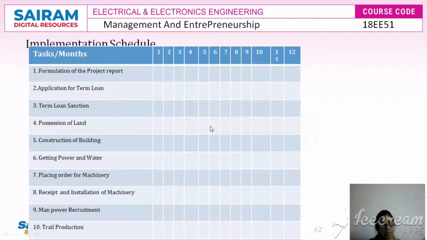The first stage in the implementation of the project is going to be the project and engineering design, and the second stage is going to be negotiating and contracting. The third one is the construction, the fourth one is the training, and then the fifth one is the plant commissioning. Translating the investment proposal into a concrete project is a task.